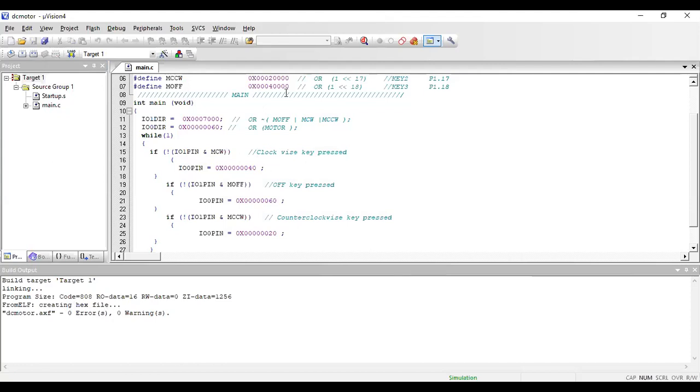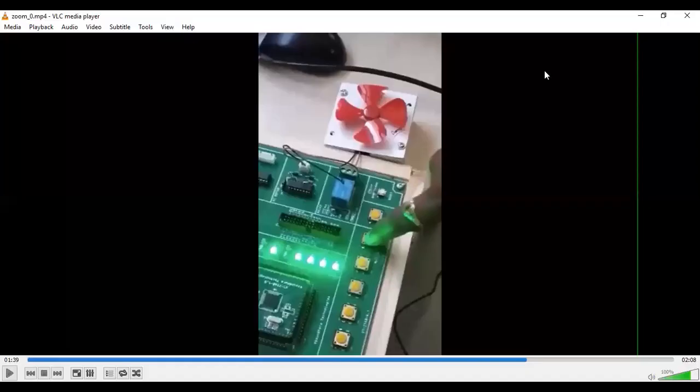So we will see how exactly the selection of the exa file in FlashMagic will happen, and how the code will be executed, so that we see the output, the motor rotating. Here you can see there are switches S1, S2 and S3. This is the DC motor. A fan is connected so that we can see the rotation of the DC motor. The DC motor is connected to this 2-pin port. This is the DC interface which is present in our kit, which I explained in the initial part of this explanation.